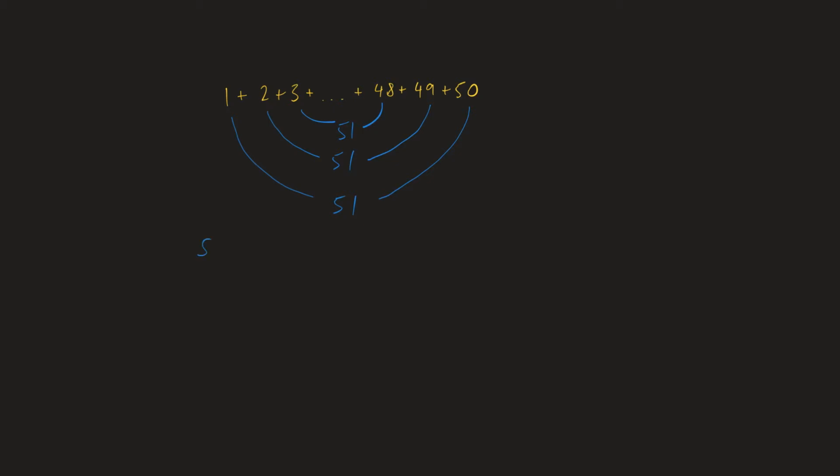So for the sum of 50 of this, it's going to equal, I'm going to halve the number of terms because we're pairing them up. So 50 over 2. Then I've got my first term, 1, plus my last term, which is 50. So if I simplify that, 25 multiplied by 51, that's going to give us